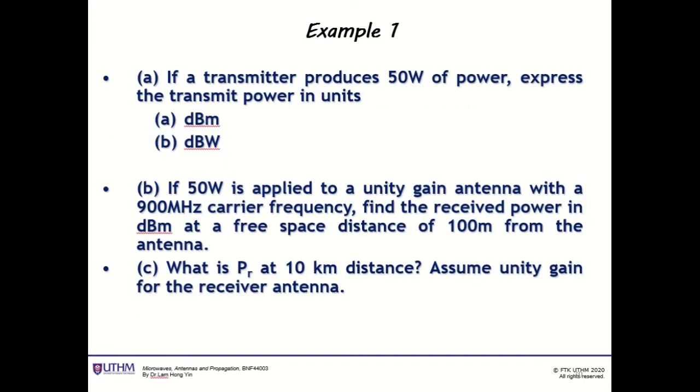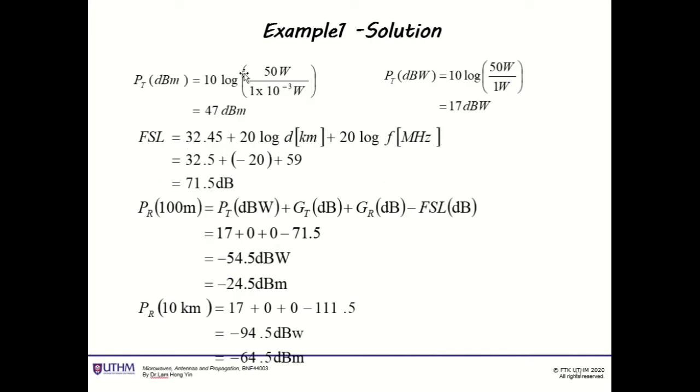So if you look at this example, if a transmitter produces 50 watts of power, express the transmit power in dBm and dBW. So you can use the calculation 10 log of the power in watts. So you can calculate this first using this equation. So 10 log 50 watts, you get 17 dBW, and then to get the dBm you can just add 30. So 17 plus 30, you get 47 dBm. Okay,